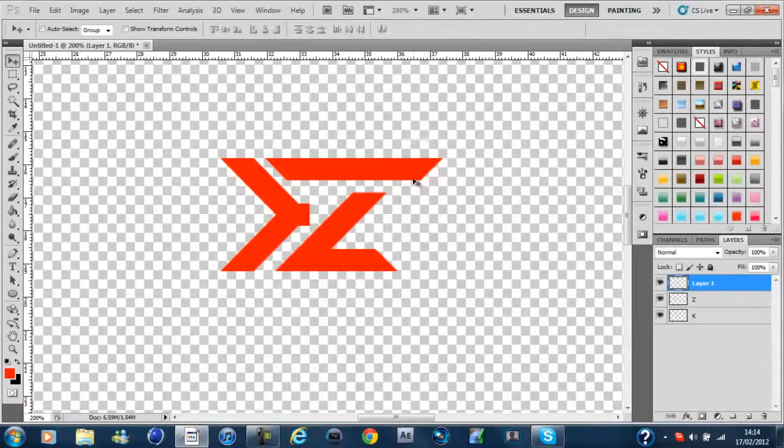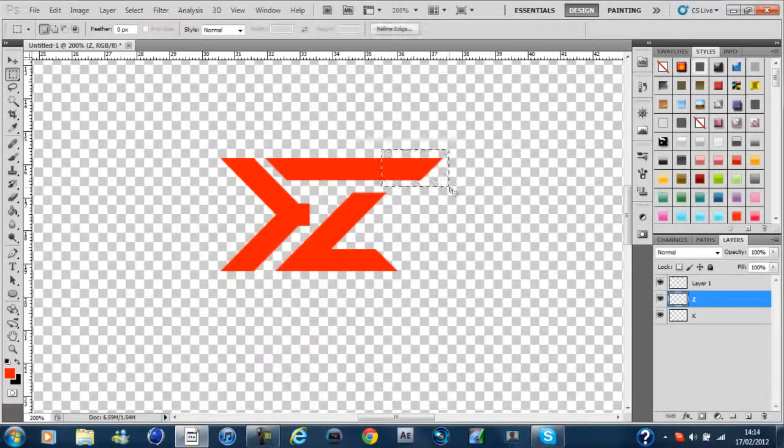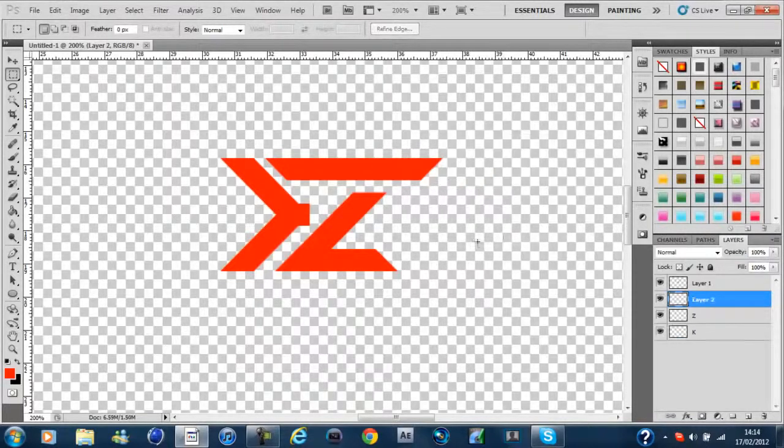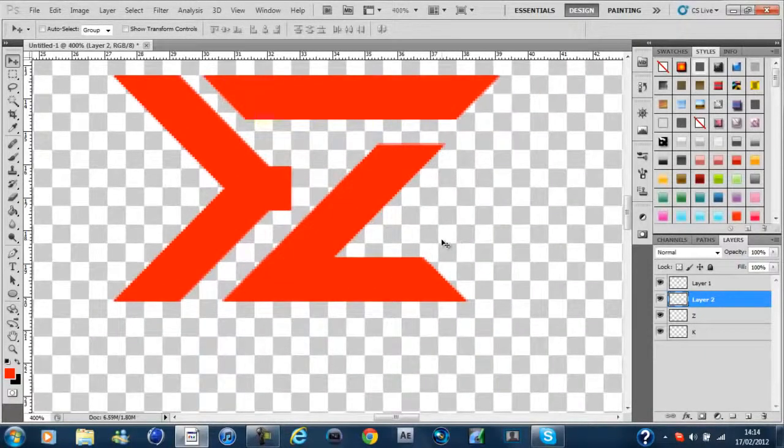Now the top of it doesn't look the same, so what I need to do is take my marquee tool again and go to about there, highlight over the end of the Z or whatever letter you need to do, right click and go Layer via Cut, sorry, and I'm just going to move it back to be at a 45-degree angle